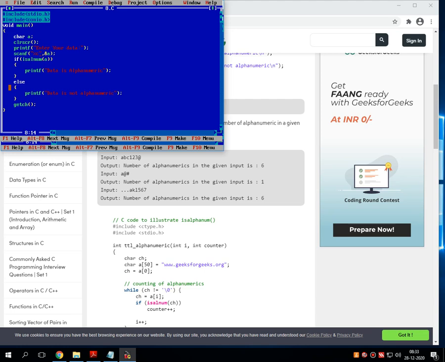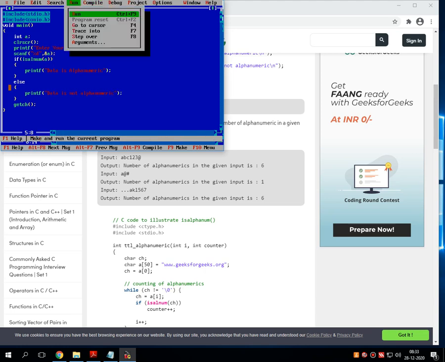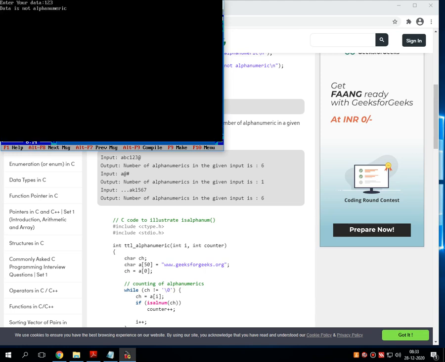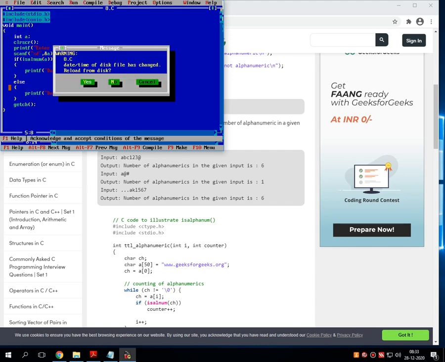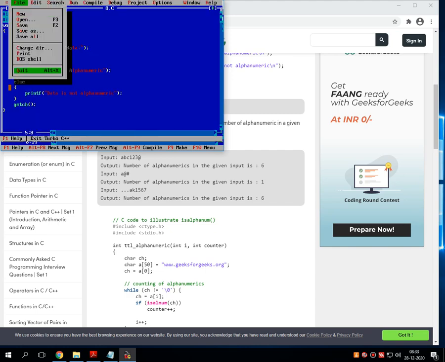Now let's enter the data in the format of integer. Let me check whether it works or not. What it returns: data is not alphanumeric. So in this way this program works.